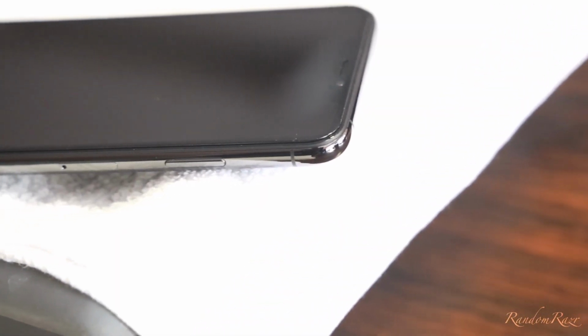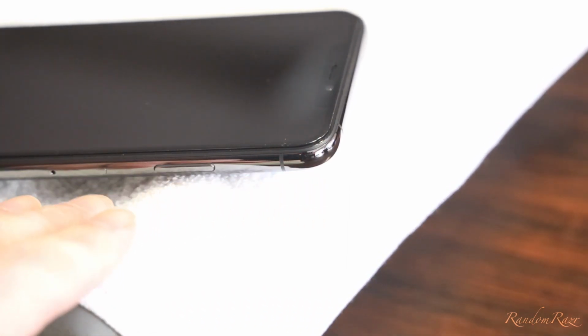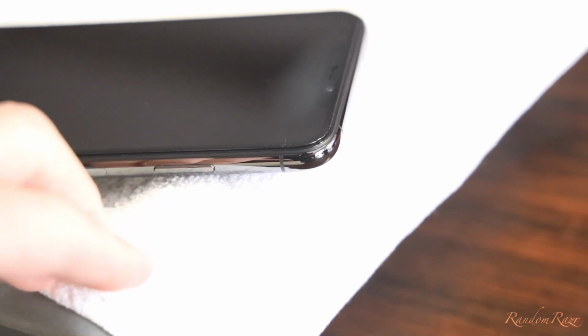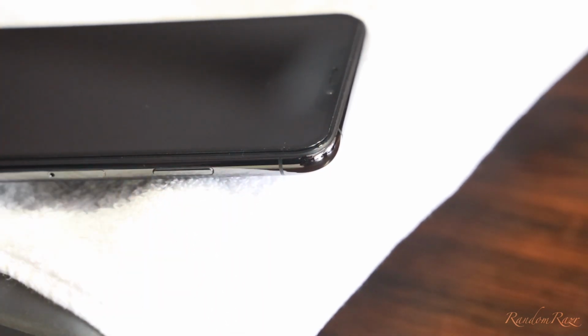Here's a closer look at the most important part of the screen protector, which of course is the edge protection. You can see here a tiny bit of the original glass display is exposed. It's not like 100% protection, but it is pretty much 99%. But there's enough of the original glass covered up on the edge to the point where if you ever drop your phone and it hits the edge, it's going to hit the screen protector first and not the original glass